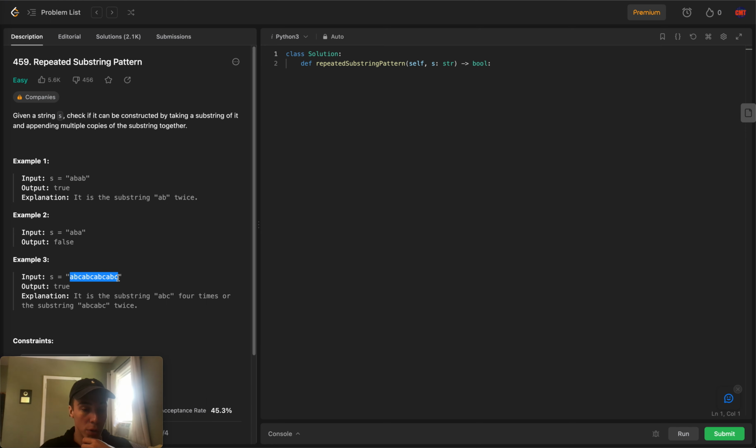string, the whole input string, can be constructed out of initially the substring of just consisting of A. If not, we'll try creating it out of the substring AB. And finally, when we hit ABC, we will see that the whole string can actually be created from the substring ABC. That way, we don't have to iterate through the whole string, first of all. And second of all, we don't fall into these local minimums where we